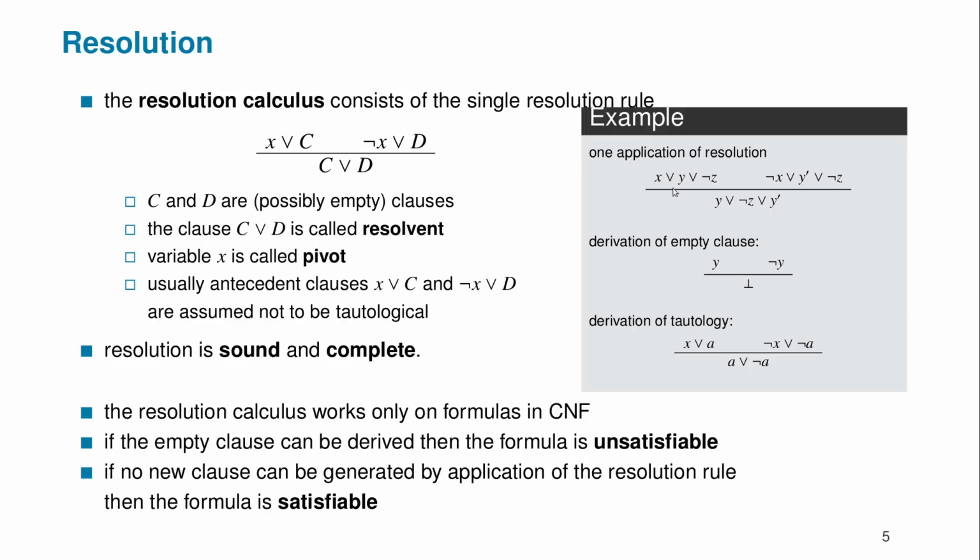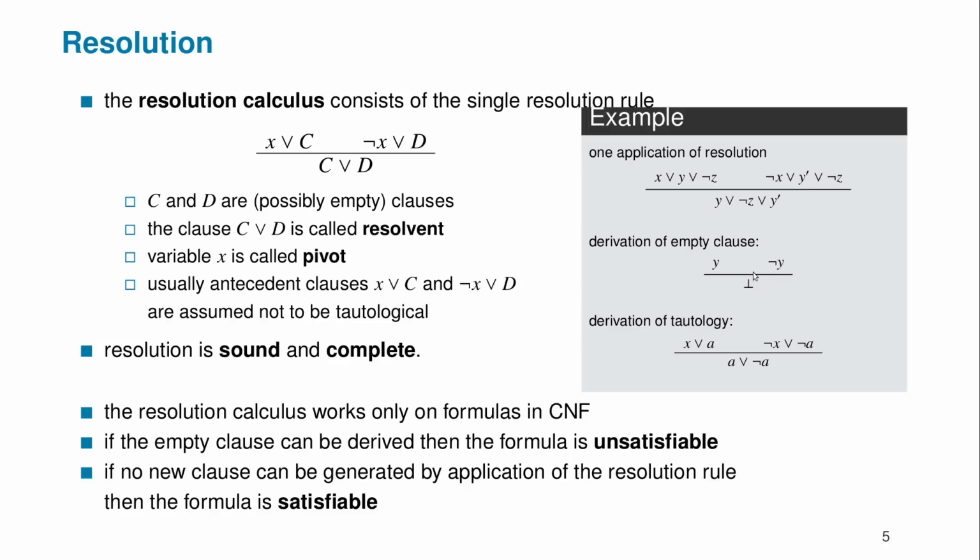Okay, here we have a bit of a more complicated example. We have x or y or not z, and here we have not x or y prime or not z. When we apply the resolution rule, x is our pivot variable, and we get a new clause y or not z or y prime. I didn't write the not z again. So we get this new clause here. And what we're trying to do is make the clauses smaller and smaller until we can